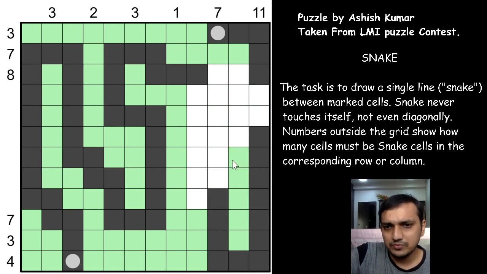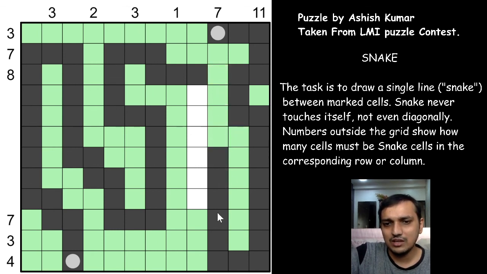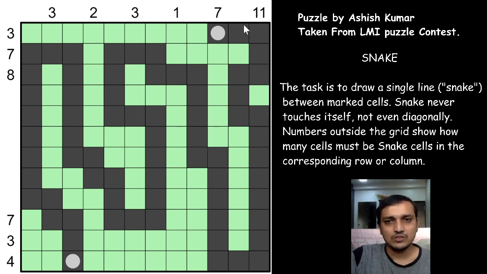Now what happens if this is not a snake cell? Again, if you see, only 6 snake cells are possible for this 7, 4, 5, and this at a maximum. So again we conclude that this is a snake cell, and this is the unshaded cell. So if you see now, you have 2 snake cells remaining, and we have already fulfilled the 7, and the snake is formed. So we have drawn a path from one of the endpoints to the other endpoint, which forms like a snake, which doesn't touch each other even diagonally.